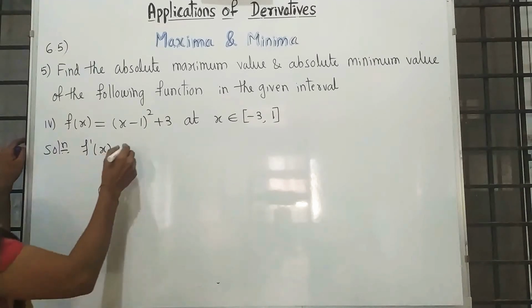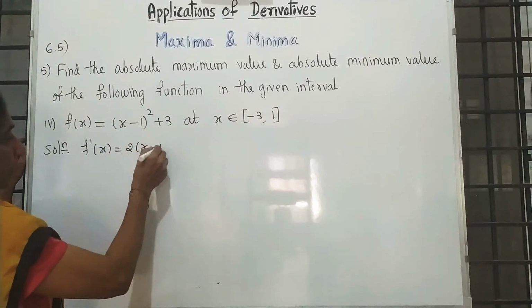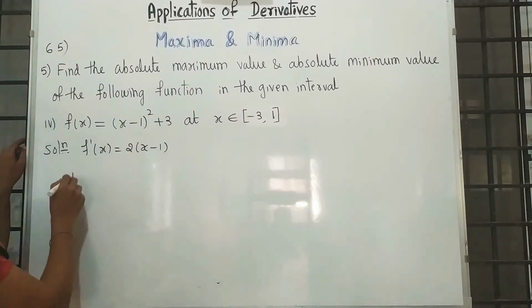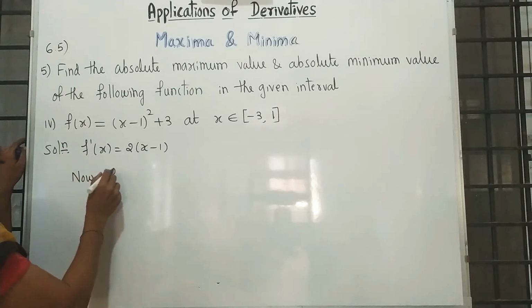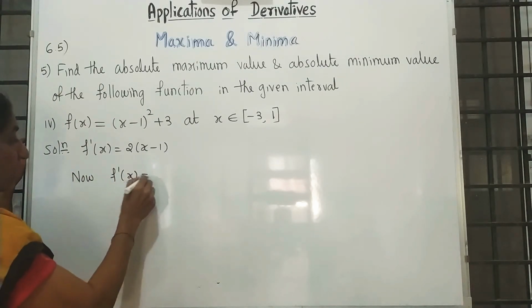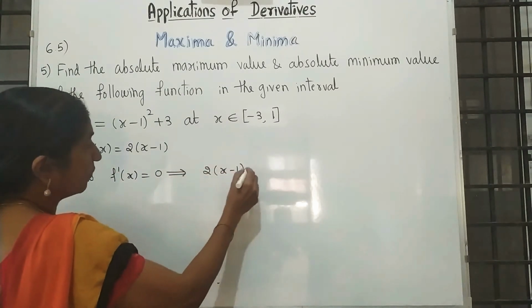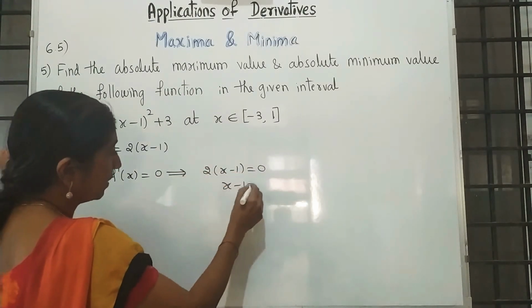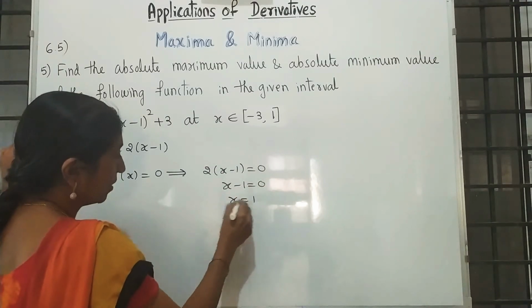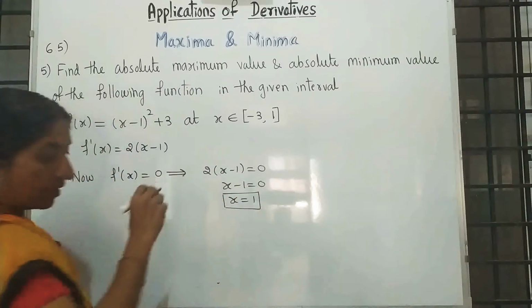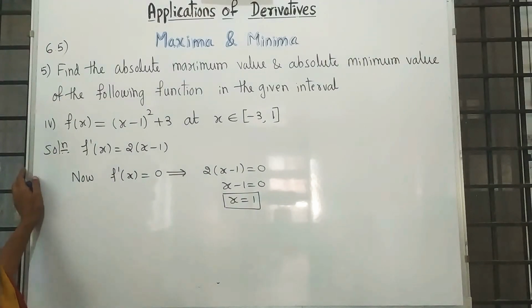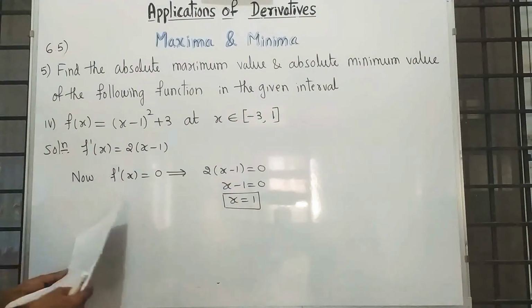What we have to do? We have to differentiate this first. After differentiation, we have to equate this with 0. If the interval is given, this is a method. 2 into (x minus 1) is equal to 0 or x minus 1 is equal to 0. x is equal to 1. So it is in the given interval, which means we have to find the values at